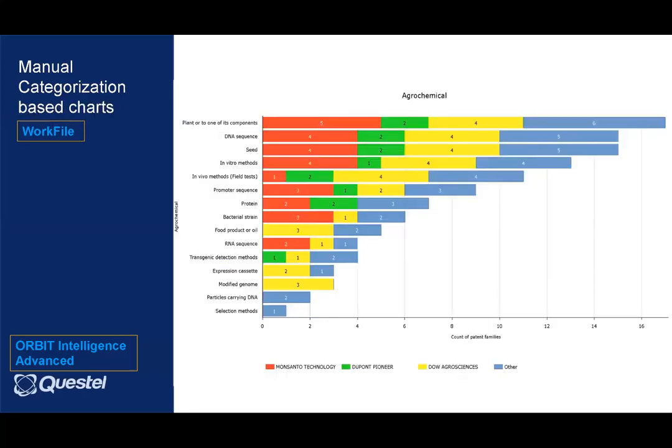Once you classify them, those can be further plotted, and these will be user field based charts. For example, I created a chart based on agrochemical, which I have classified previously in my work file, and those are plotted. Now, earlier as Yogesh showed, split by function, wherein I am tagging the top three assignees with respect to my set of a work file, and those will be tagged. You can open them and browse them.